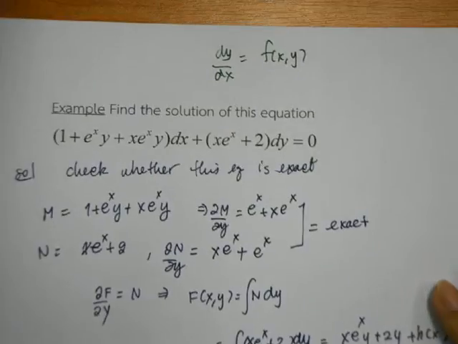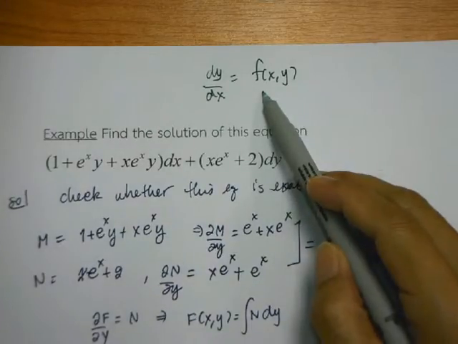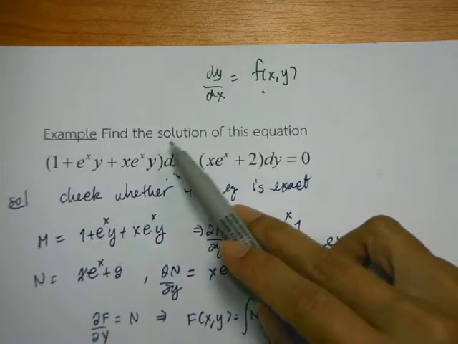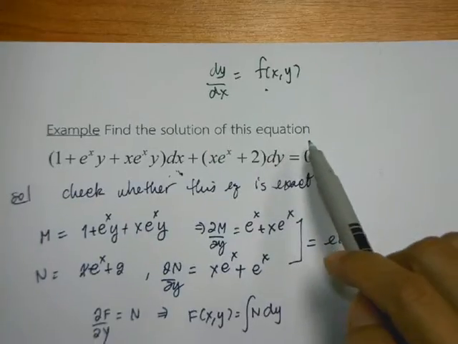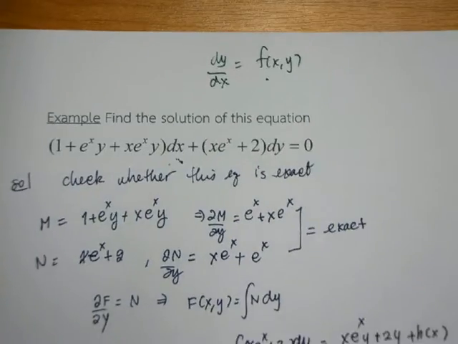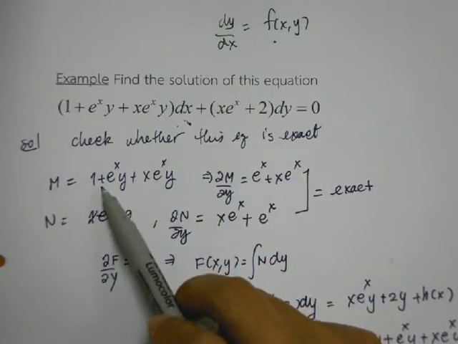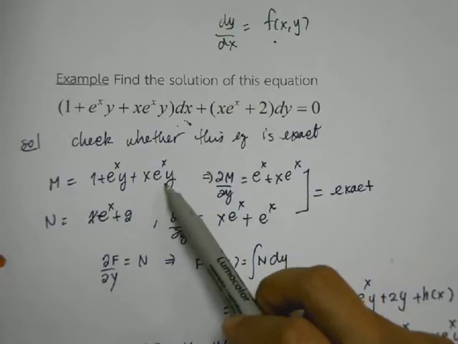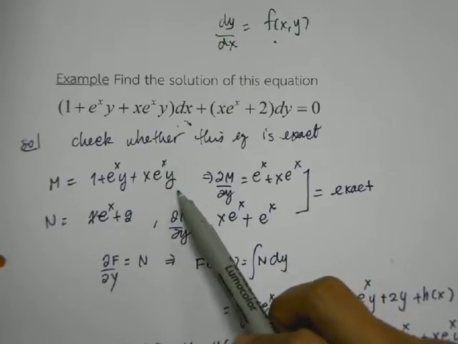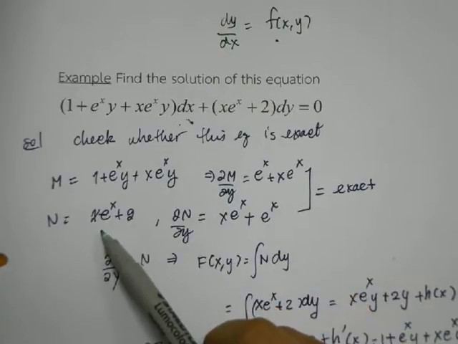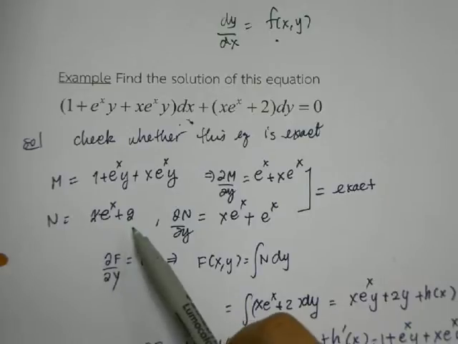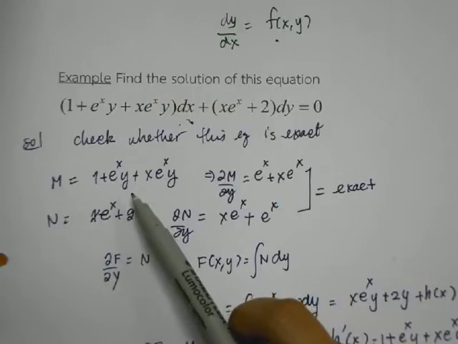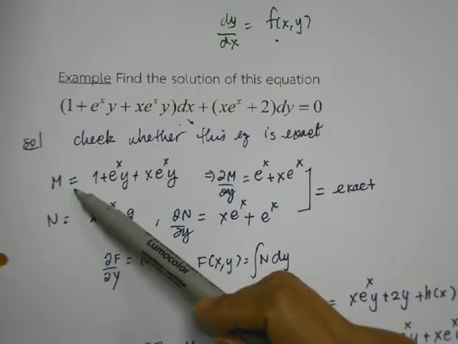If it is coming this way, you've got to arrange it to be this way. You've got to make it to be M dx plus N dy equal to 0. Now M is equal to 1 plus e^x times y plus x times e^x times y, and N is equal to x times e^x plus 2. So to prove whether this is an exact equation, you've got to do the derivative of M with respect to y and